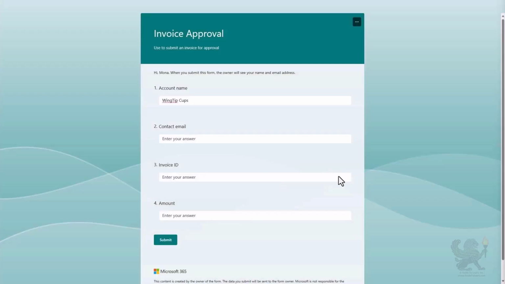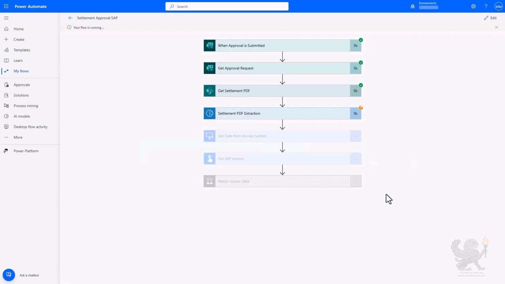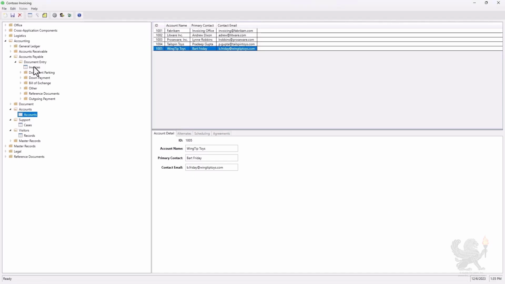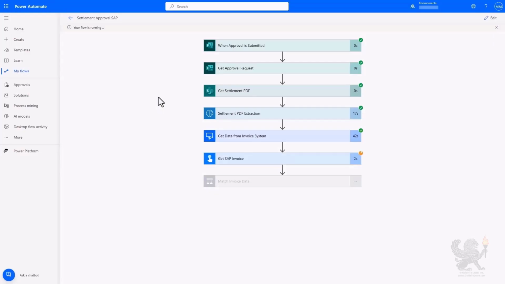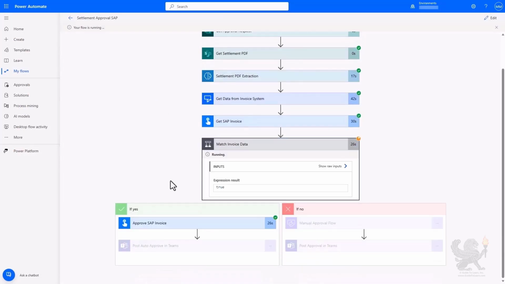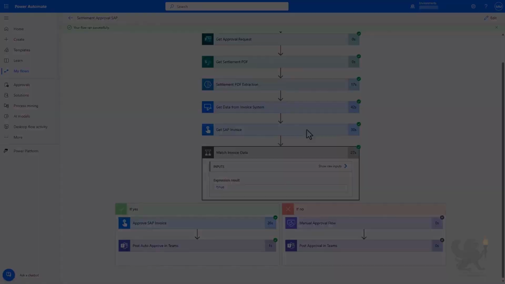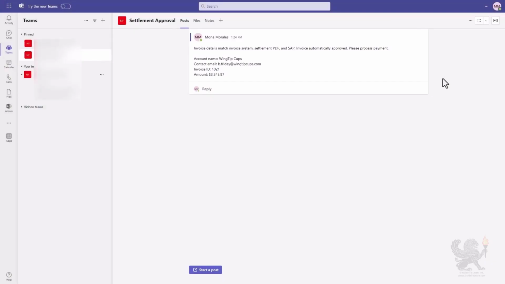We can enter a sample invoice request and go back to the flow to see the execution of actions in real time. We were even able to use the machine feature to run the RPA flow interfacing with the legacy invoicing app on our desktop machine, where the app opens and automatically selects the corresponding invoice to get the data before it returns. Finally, after matching and automatically approving in SAP, a notification card will automatically show up in Teams